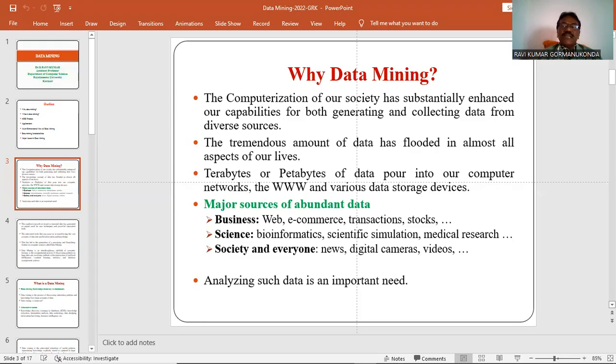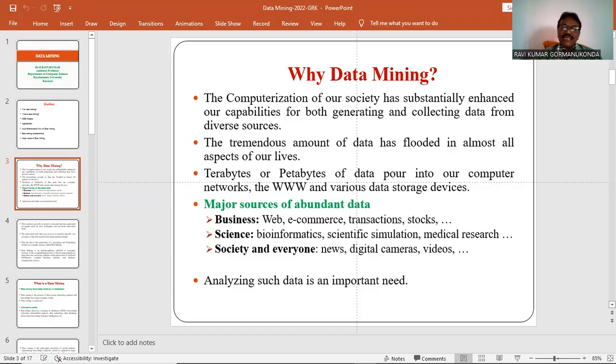So data is generated from news articles, cameras, videos, even social media data also. A lot of data is generated nowadays, from individuals to every organization generating huge amounts of data.